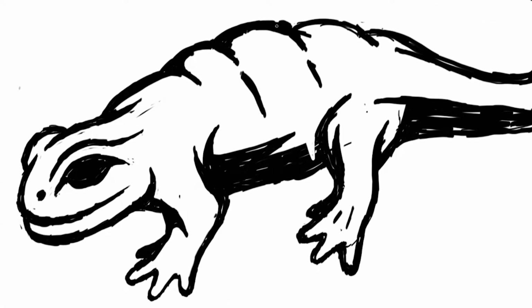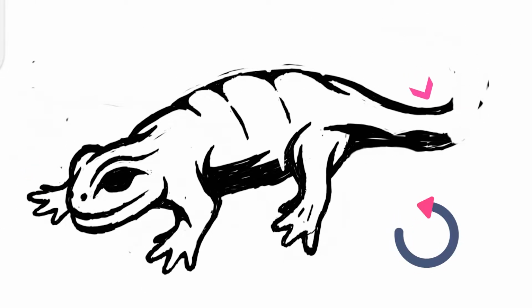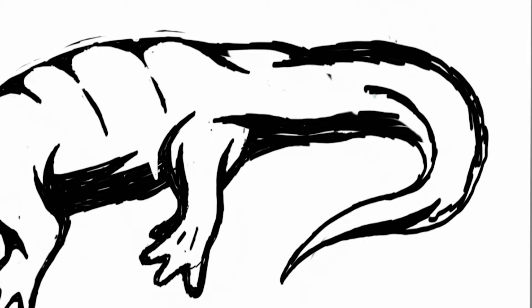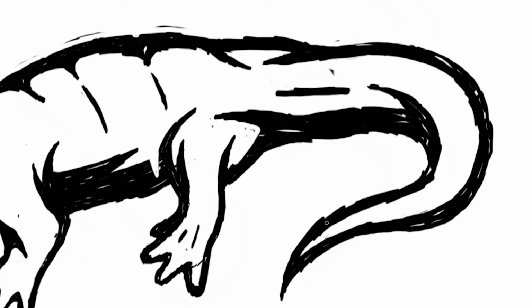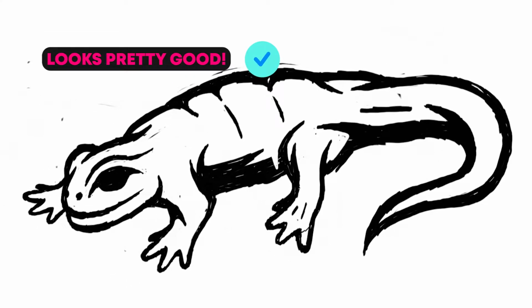Anyway, we are almost done with sketching out this lizard, and I also added a third leg. But I made up my mind about the orientation of the tail and I will make it face in the other direction because it looks much better that way in my opinion. Now I just need to add few more details to complete this sketch, and since I really like how this turned out, I can finally go ahead to the next step of this process and place the sketch in Adobe